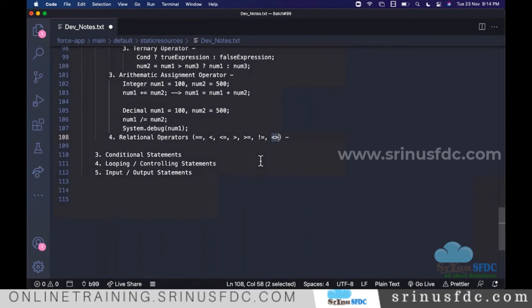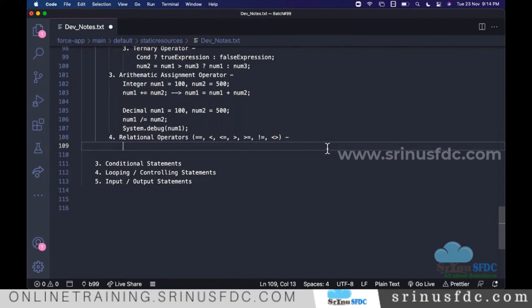Both give the same result, same meaning. These are some of the relational operators. The relational operators will return either true or false after doing the comparison. When I say number 1 equal to number 2, it will be either true or false. When I say number 1 greater than number 2, if number 1 is greater than number 2, it returns true. Otherwise it returns false, right?